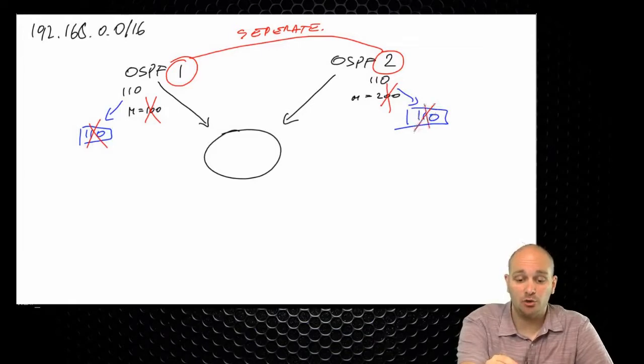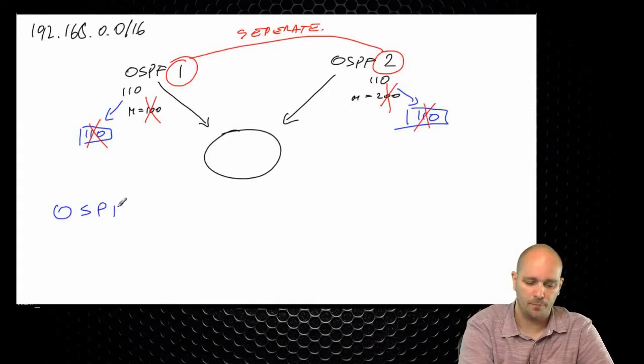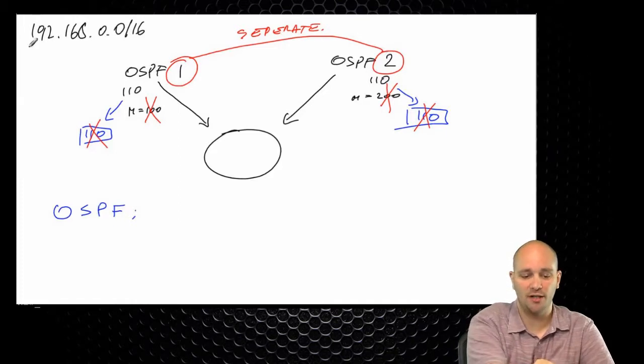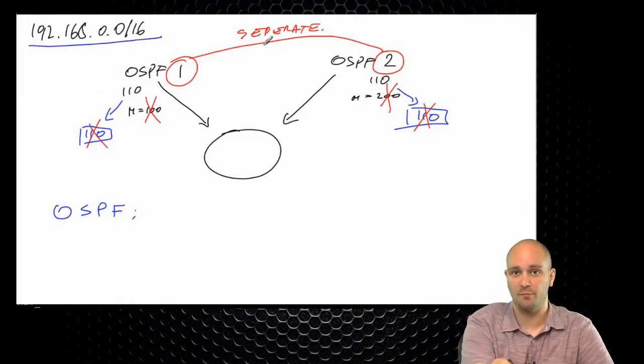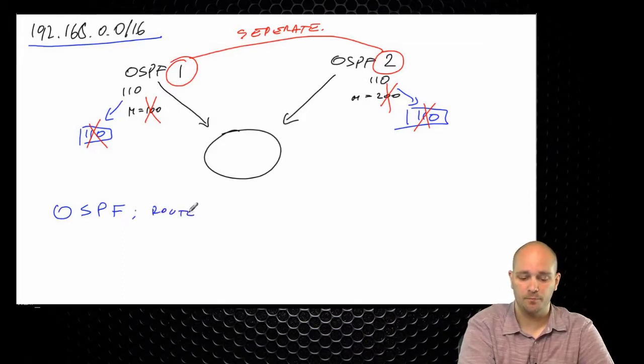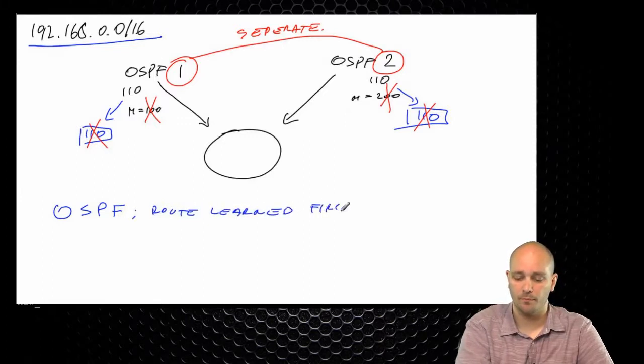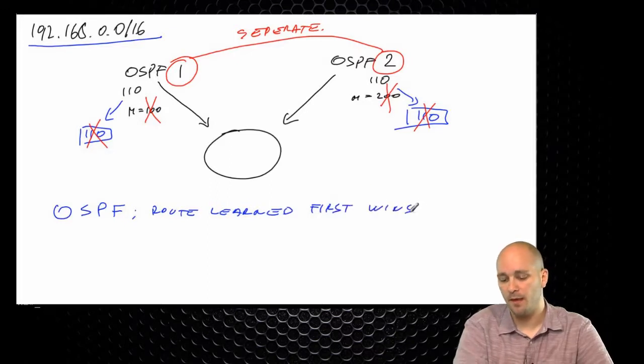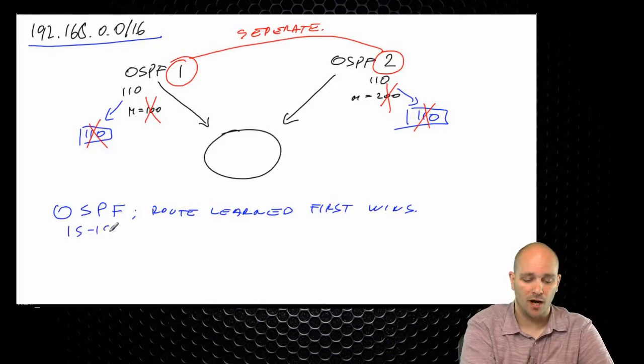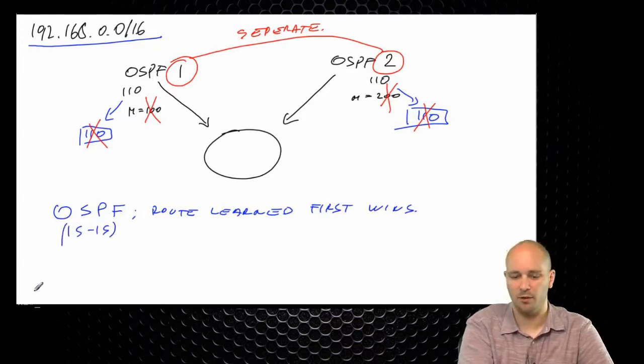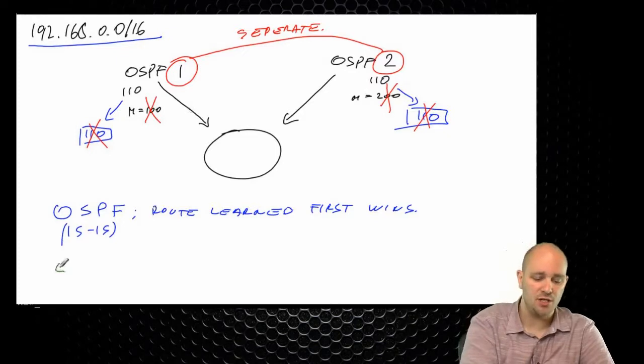Now, this is where the consistency of IOS strikes again. For OSPF, if you are using OSPF as a routing protocol, and if you have this situation that you're learning the same route from two OSPF processes, the route learned first wins. This is also true for ISIS, which you don't really care about, but I think it's fun to mention it. For EIGRP though, the route